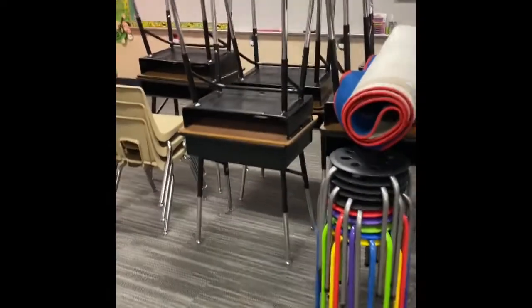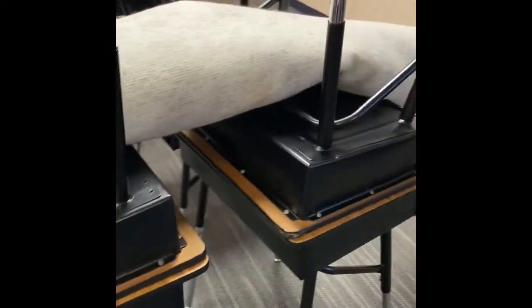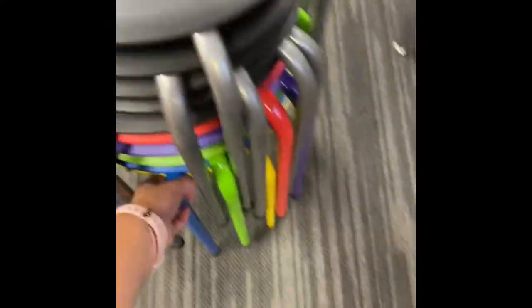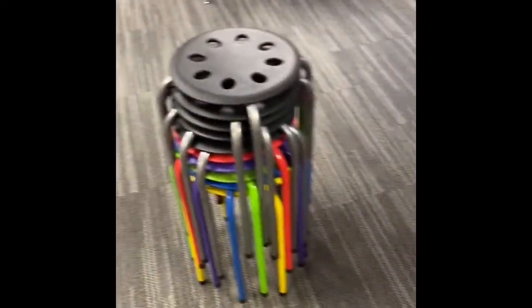And I definitely need to get more chairs because we're required to have a desk and chair for every student. So that'll be fun. I need to ask my principal what I'm going to do with all of these because I don't know if I'm allowed to have them or not. If I can't have scoop chairs, I don't know why I can have these, but I don't know how they're going to sit at my desk. If they use normal chairs, that's going to be a terrible answer. So,